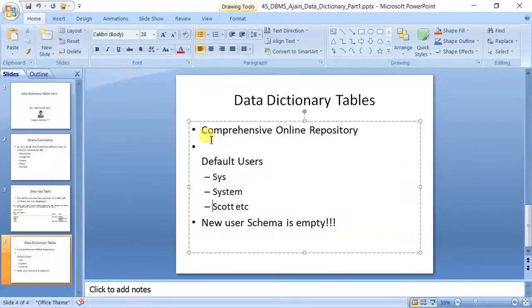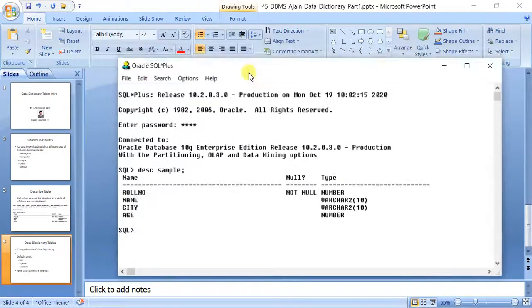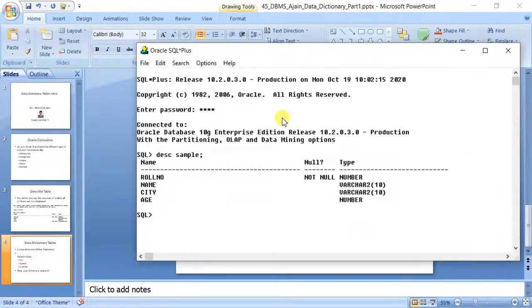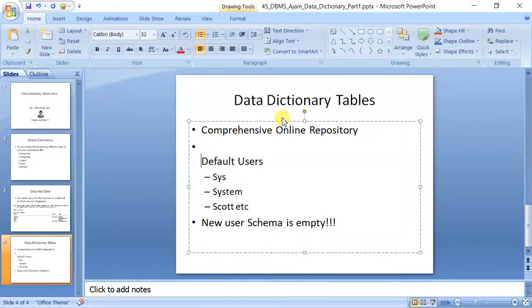Now, how and where it is stored, let us see. You must be knowing that Oracle has some internal default users. When you install Oracle, it asks you for a password in the beginning, and some users are created. These are default users like system, sys, scott, and there are many others.